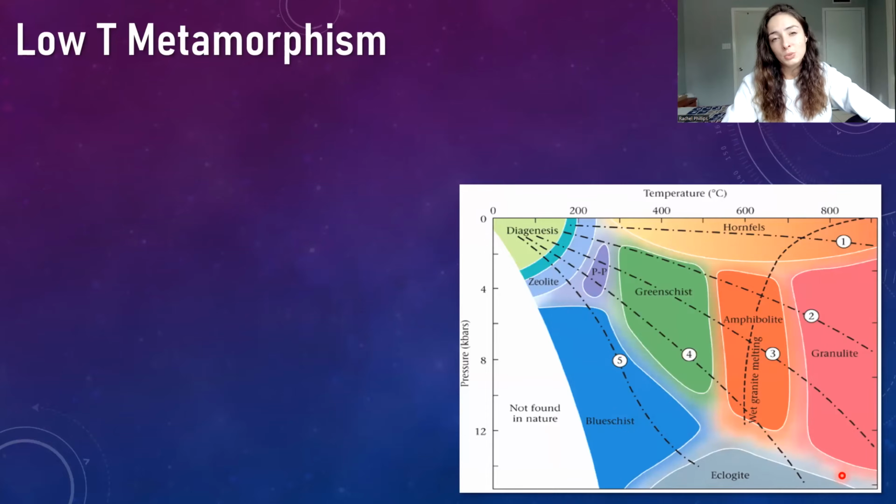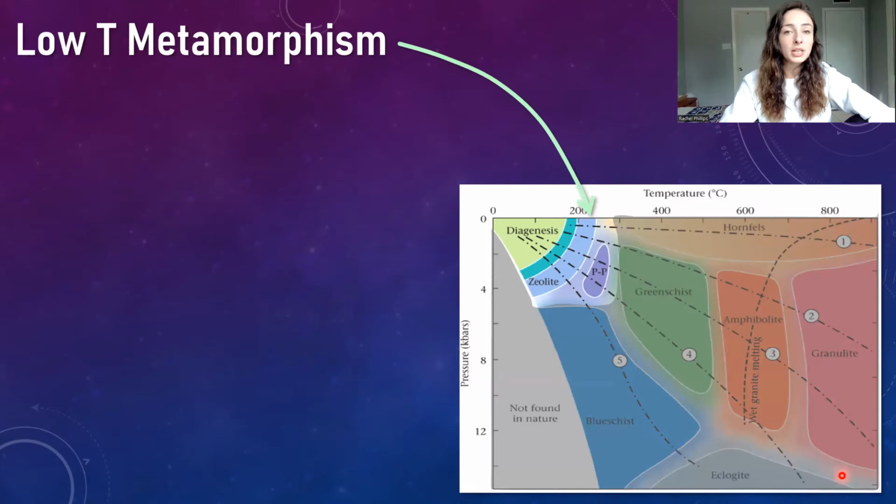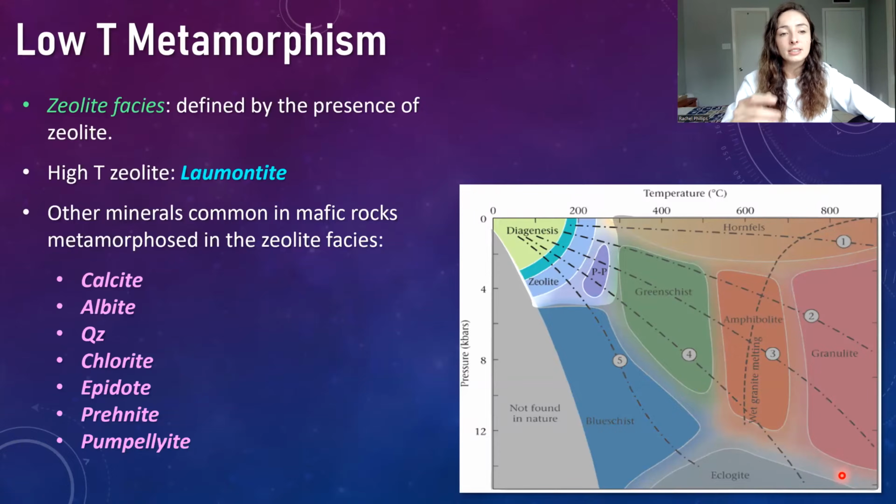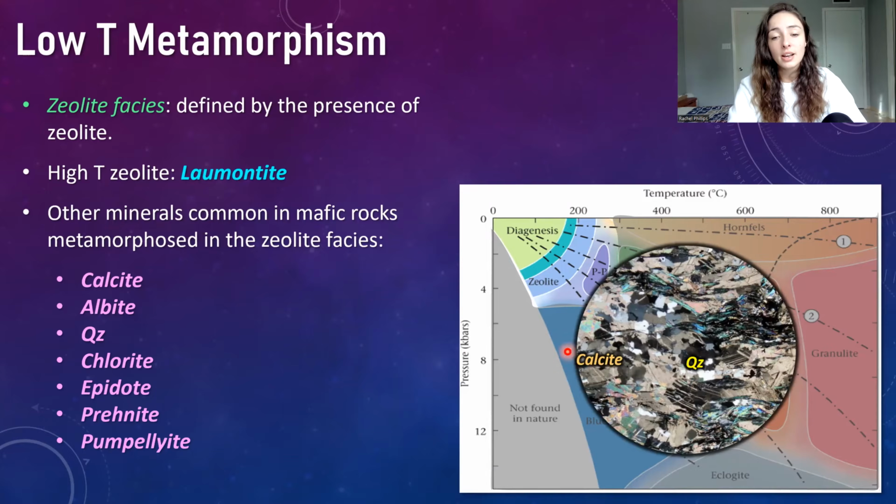The last couple facies we'll talk about include the more low temp facies, like the zeolite facies, for example. This facies is defined by the presence of zeolite, so it's well named. And high temperature zeolite, so on the high end of the zeolite facies, would be the mineral lawsonite, but also calcite, which we can see some blocky crystals of in this thin section here, along with quartz and some mica minerals over here. The calcite has cleavage or twinning under thin section that is really distinctive,